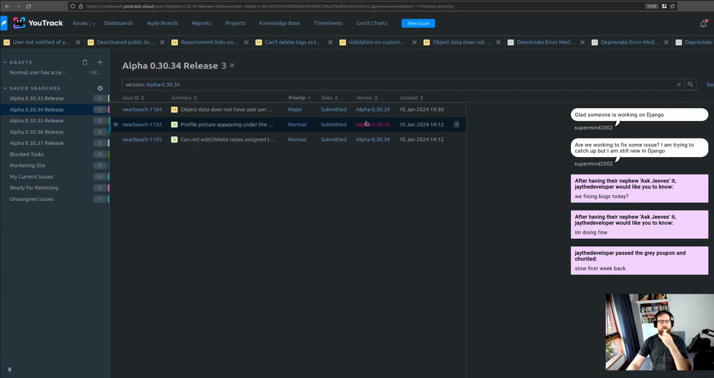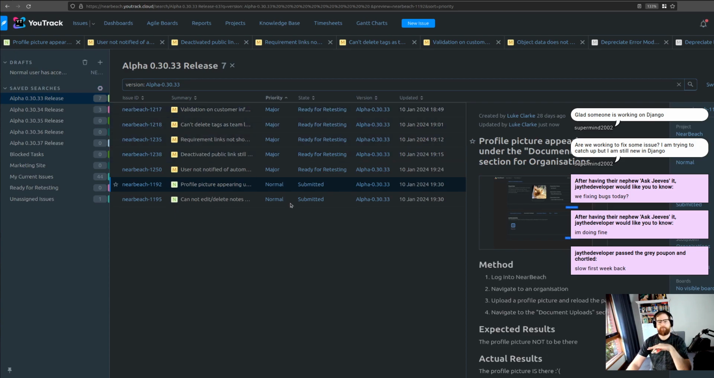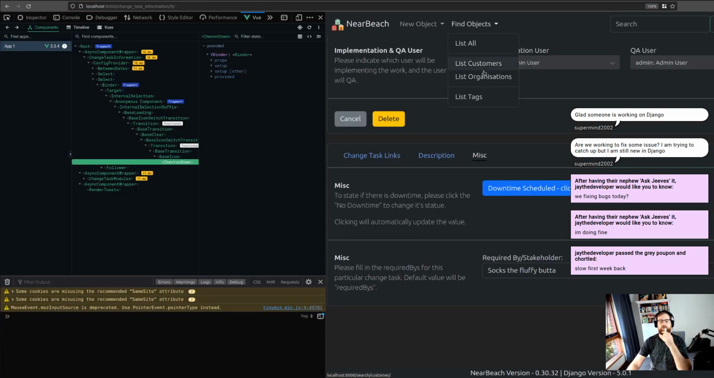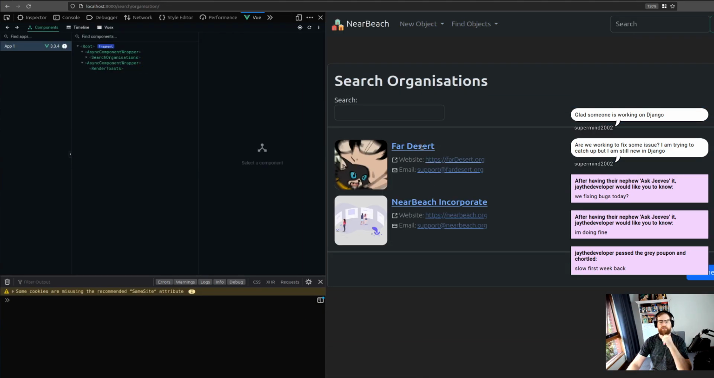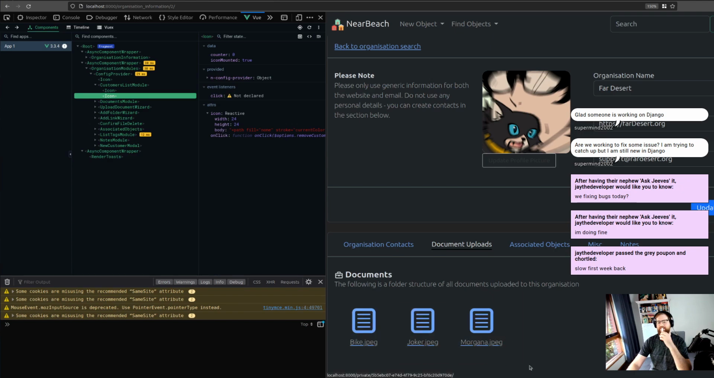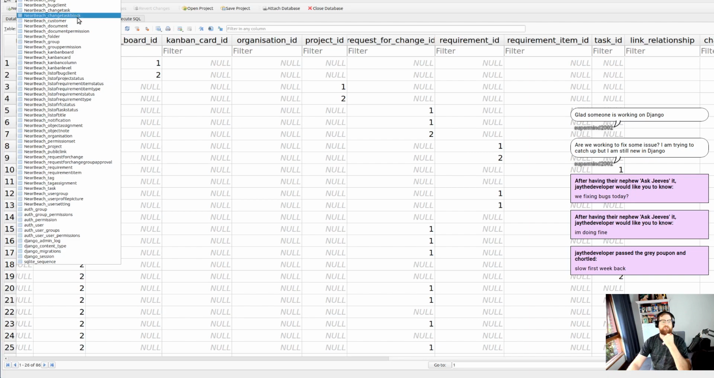And profile picture, I'm just going to move these ones in. We're going to quickly do them. So, profile picture is appearing under the documentations for the organization. So if we go to list organizations, let's go to Fire Desert. What's actually happening is this image is appearing down here. That is because the profile picture is treated like an upload. So if we actually go to